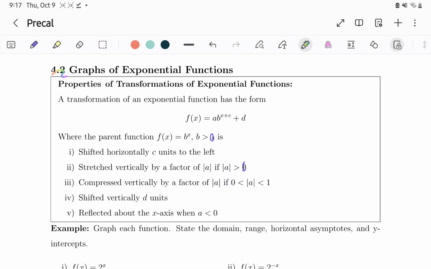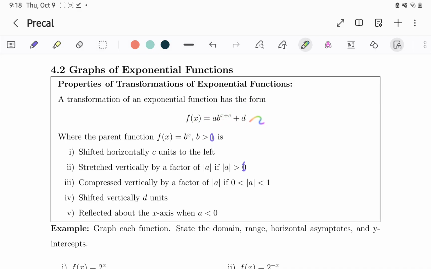In this video, we are going to be covering section 4.2, graphs of exponential functions. So the first thing that we have to talk about is going to be properties of transformations of exponential functions. So a transformation of an exponential function has the form f of x equals a times b to the x